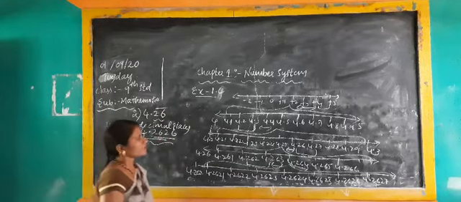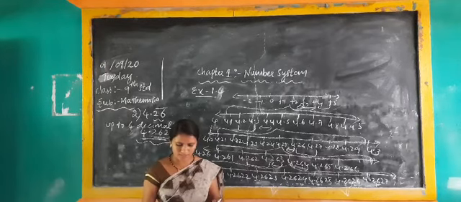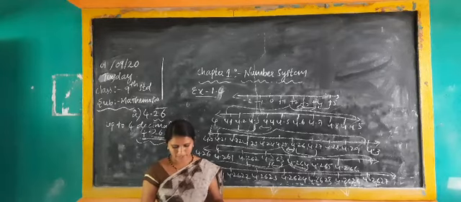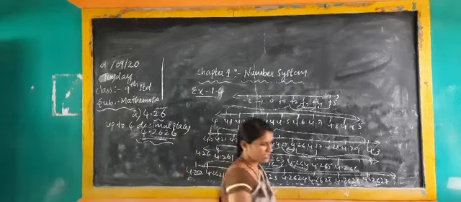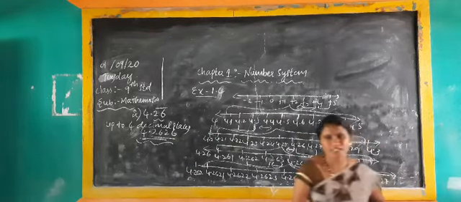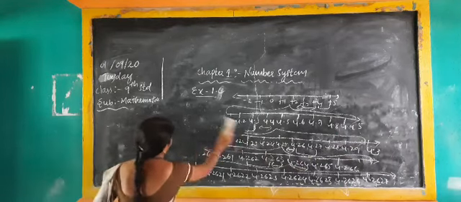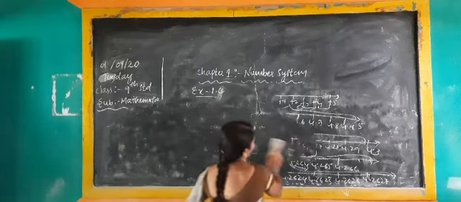Okay, next, this exercise 1.4 is finished. Now operations on real numbers, exercise 1.5. Here in exercise 1.5, classify the following numbers as rational or irrational. Already in the last class we discussed how it should be rational and how it should be irrational. Rational means I said it is in the form of p by q. What about irrational? It is not in the form of p by q.